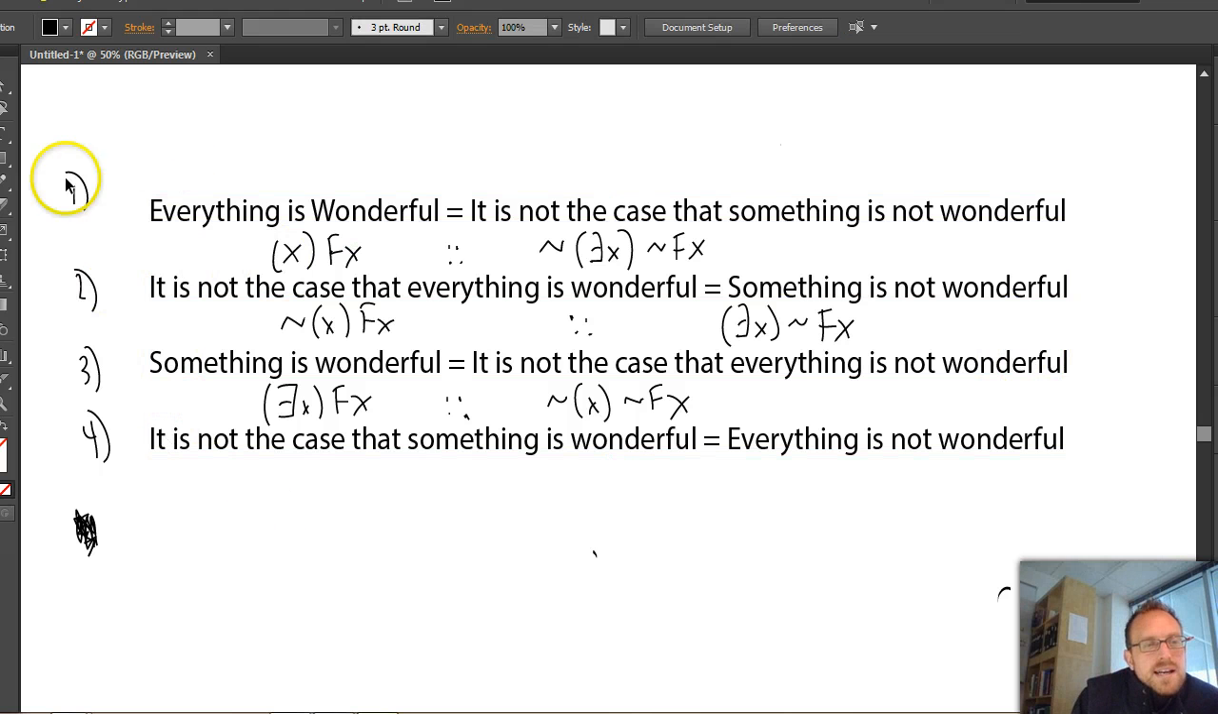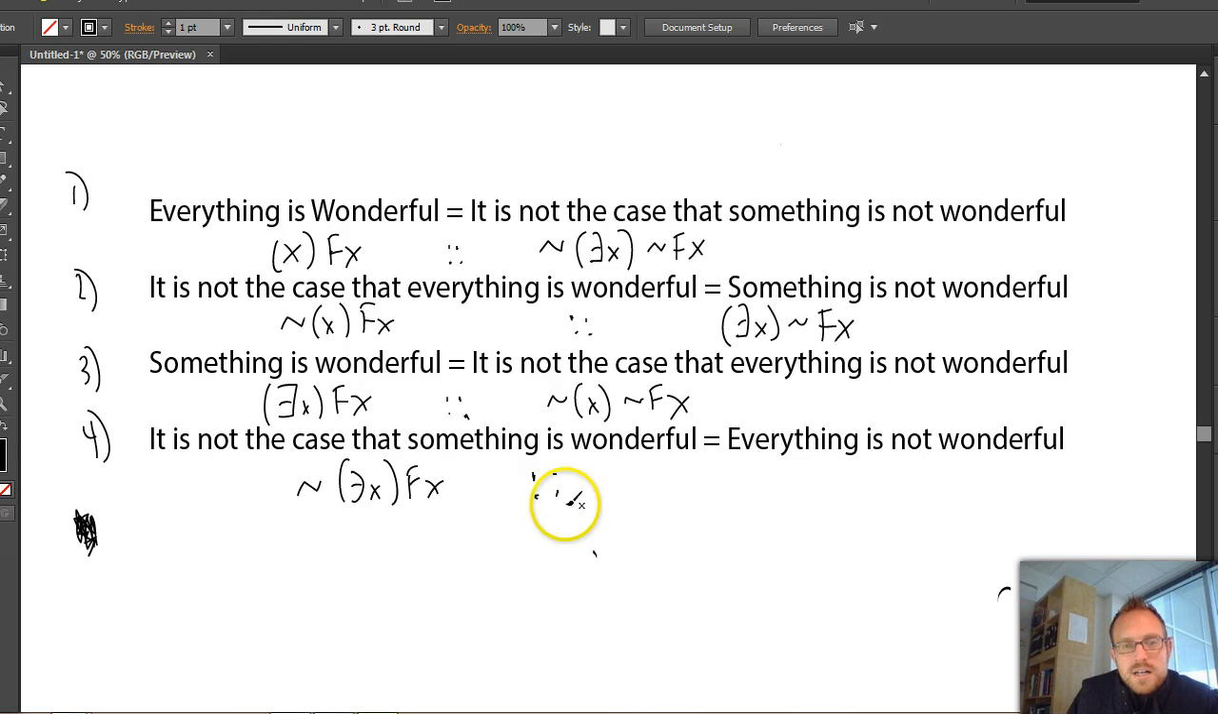The fourth one says it is not the case that something is wonderful. That really means, well, everything is not wonderful, doesn't it? So that looks like this. It's not ∃x Fx is logically equivalent. And remember, the double colon here means logical equivalence. It means that everything, well, is not wonderful. So it looks like this. It's ∀x not Fx, okay? And so we have, these are going to be our four